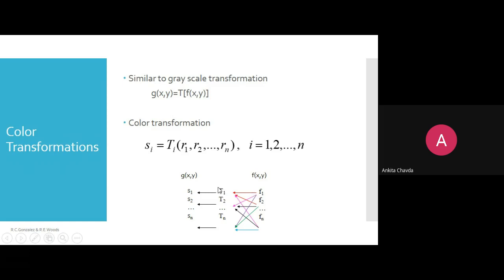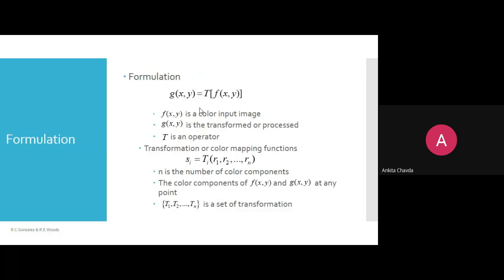And now you are applying this on your image, right? On your original image you are applying T1, that is one of the transformation functions, T1, T2 till Tn. According to that, whatever you are getting, that is S1, S2 and Sn. So this is your g of xy, the output image. Okay. What you were doing in grayscale, the same thing you are doing, but here you have a vector. Over there you have a single value of intensity.